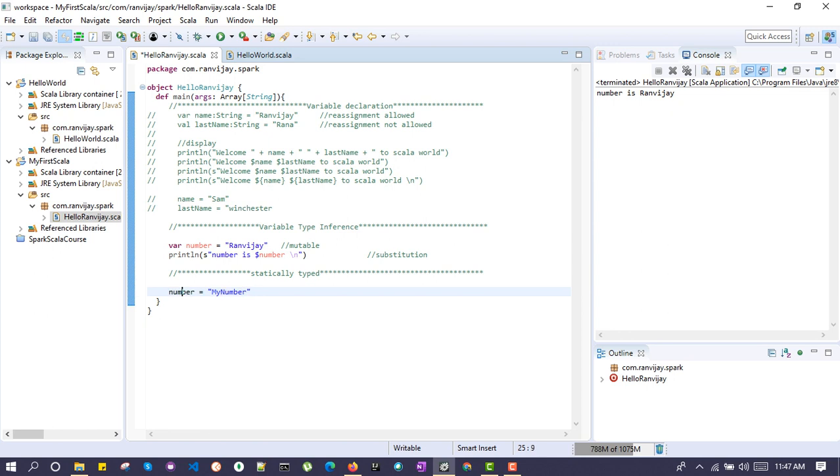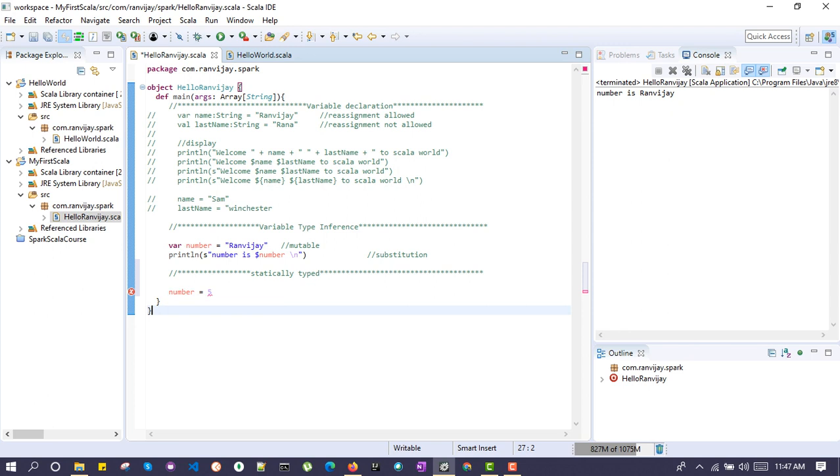Let's uncomment this one. See, you are defining number as a type of string. Let's change this to a number or integer. So you can see error is coming, type mismatch found, because number was of type string, but here you are providing an integer, which is not allowed.